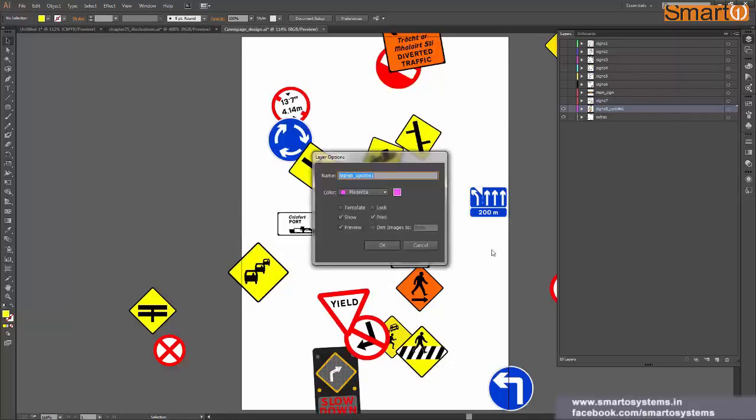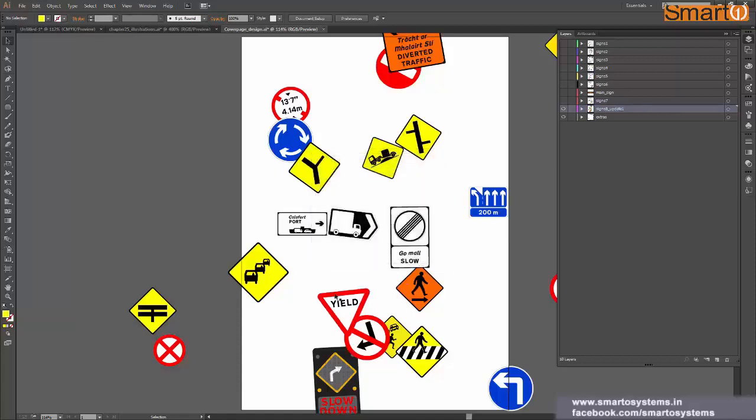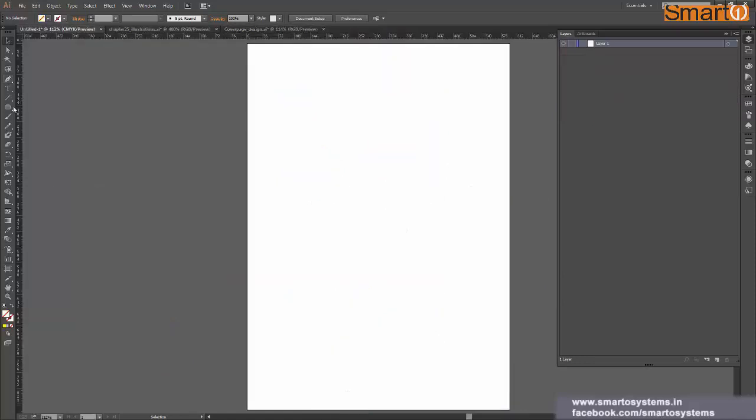Okay, now I have this dim images. So this works best with template. So let's say if you have any reference you are working on, or let's say, let me just draw something over here real quick.